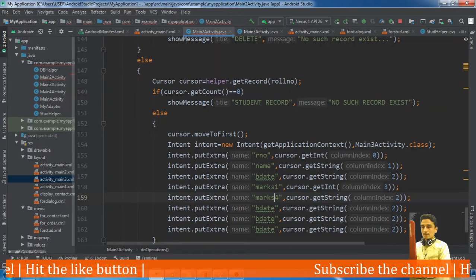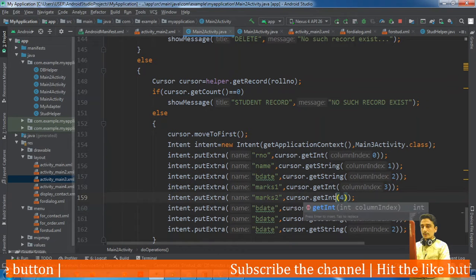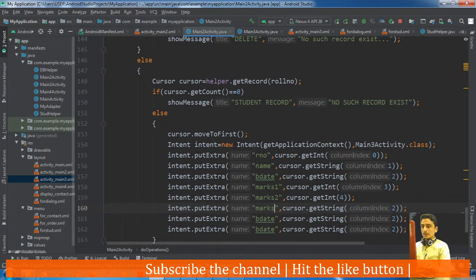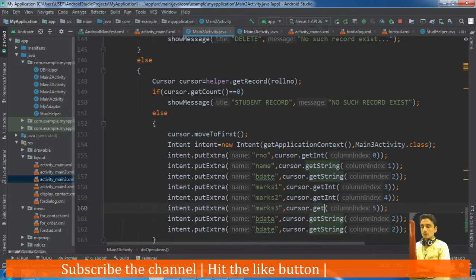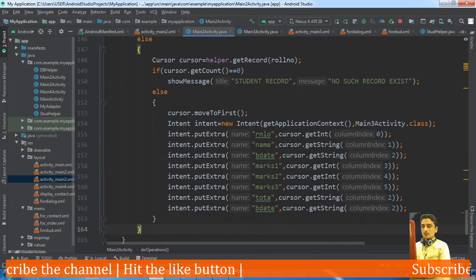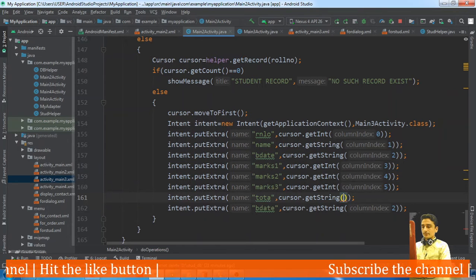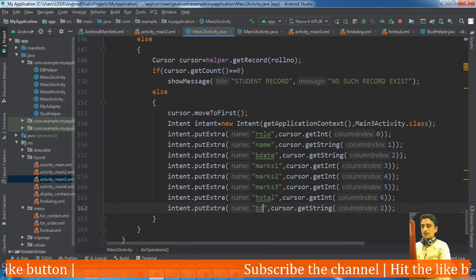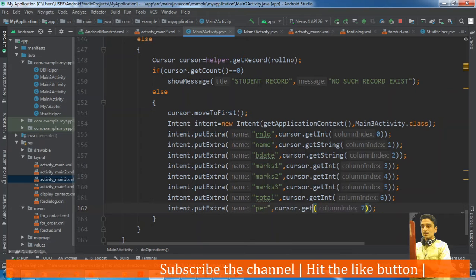Marks 2 is column 4, integer, then marks 3 is column 5, also integer, then total is column number 6, get integer, and the last is percentage, column number 7, get integer.